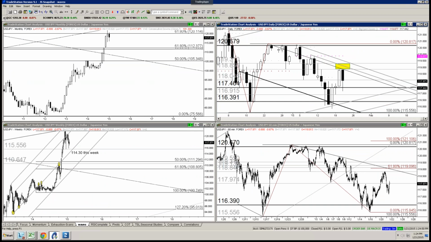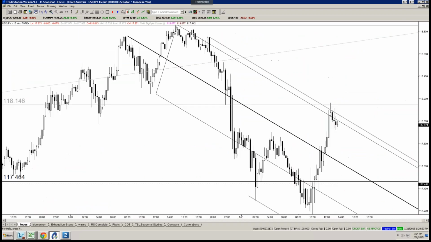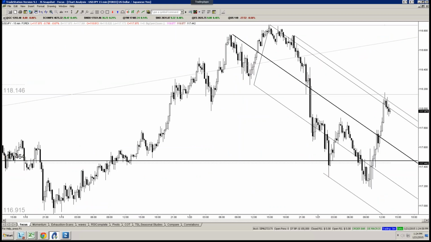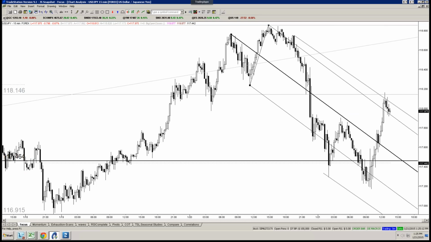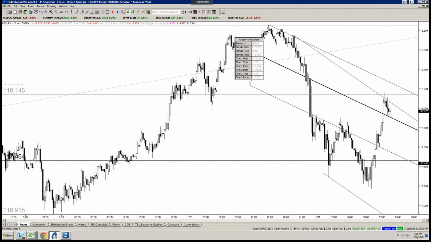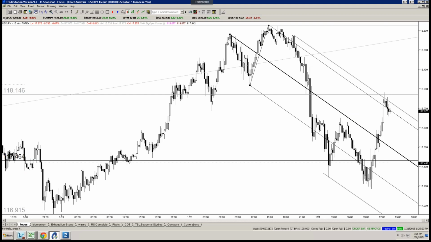Now on a swing position, the tricky part obviously with dollar yen right now is stop placement, right? On a very short-term basis, trading pullbacks off of these slope lines, that's one thing. But keeping that position for the larger swing is a totally different story. It can be much more difficult. So you want to put your stop in a place that negates the swing move lower, if that's what it is.